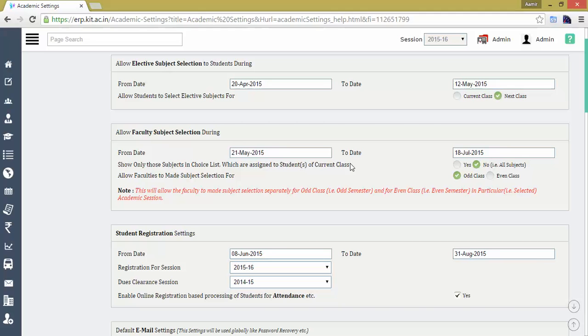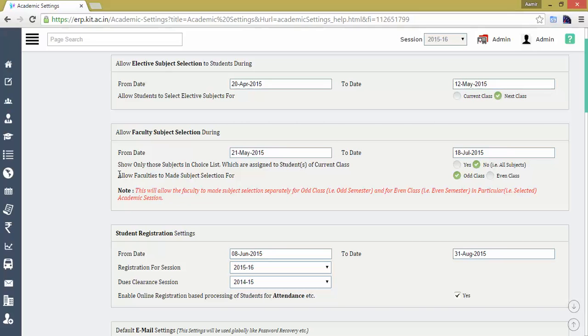It is very hard to scroll through 1000 subjects. So faculty can easily get only those 300 subjects which are going to be taught for the current academic session. He or she can directly pick subjects from those 300 subjects and submit their choice list.